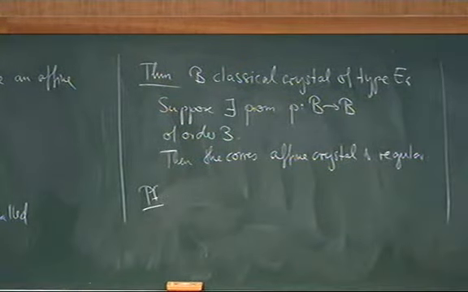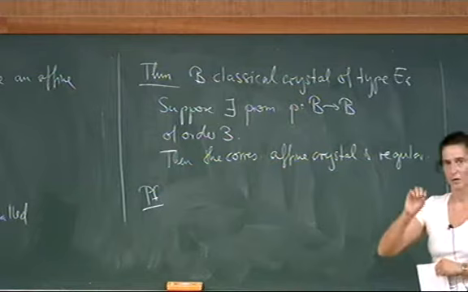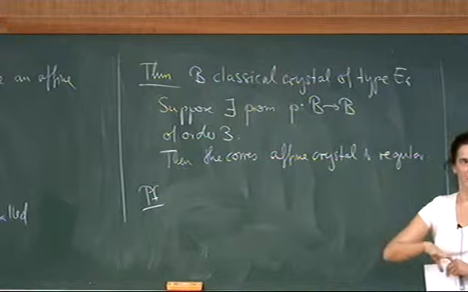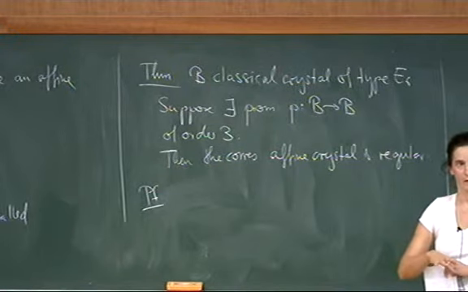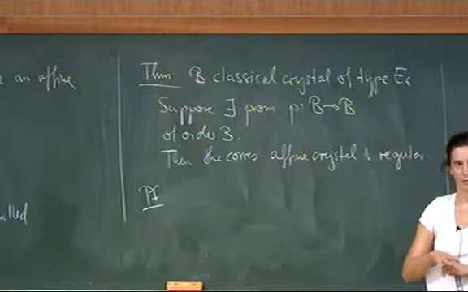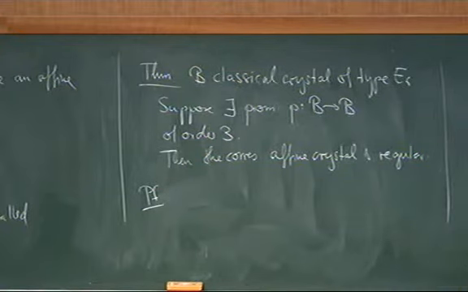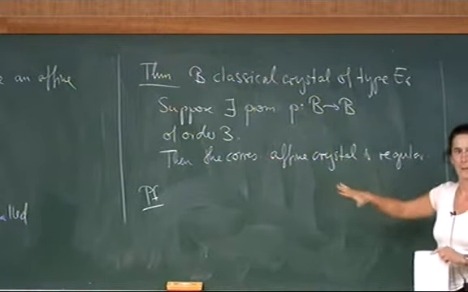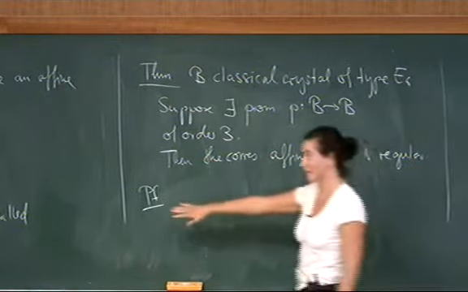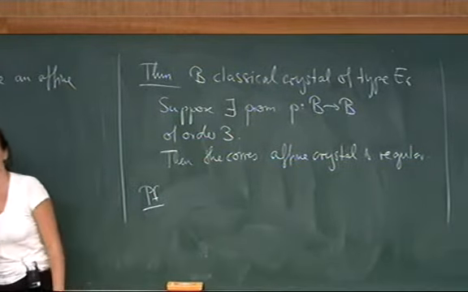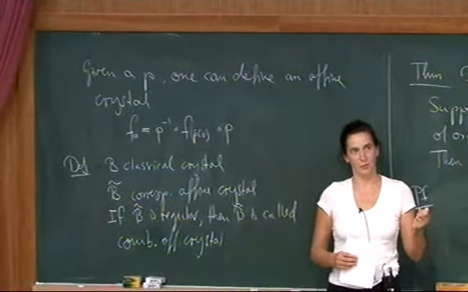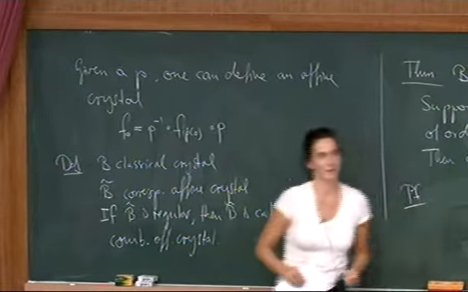Yes? Can you remind me of your definition of regular? So regular means if you remove any of the nodes, the underlying crystal should be a classical crystal. So does this imply that it's the crystal of an actual representation? Yeah, in particular, yeah. Well, the ones once you remove the nodes, not necessarily the crystal of an affine representation. No, this one, that's why I call it a combinatorial affine crystal. Right. But once you remove the node, that will correspond to a real crystal, yes.